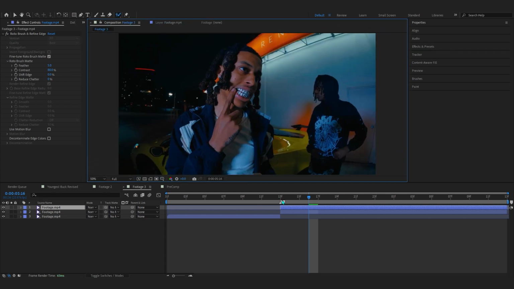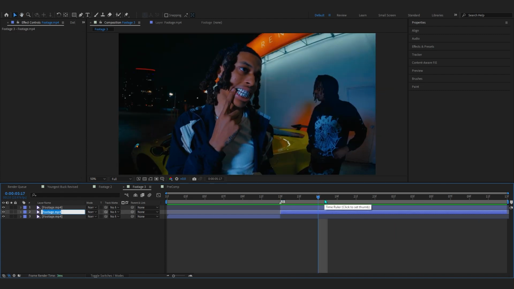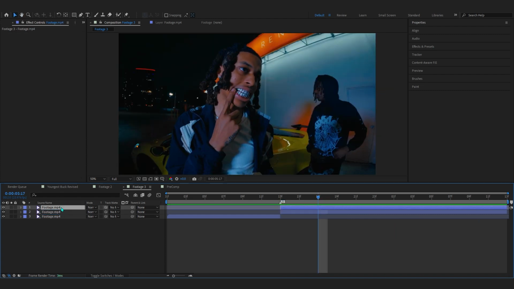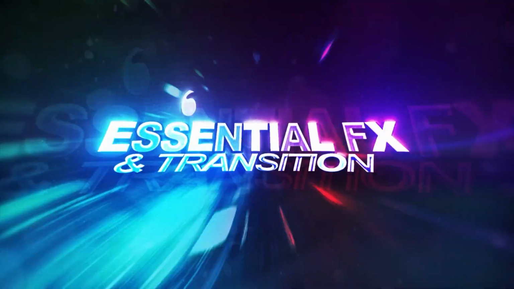Then back to your main comp, if I hide the other layer, you can see it is rotoscoped out and ready to go. You can name it something like BZ if you want, and name the roto layer so it's clear right here. Now we're gonna select our BZ layer. For now we're gonna hide the roto layer and go to the